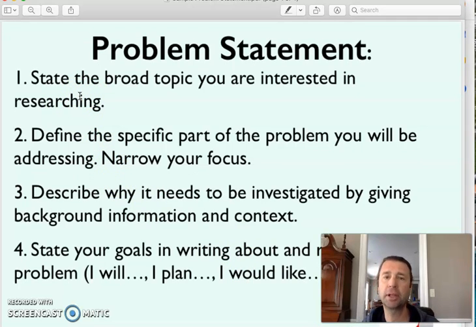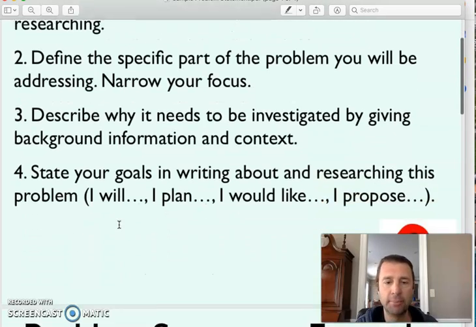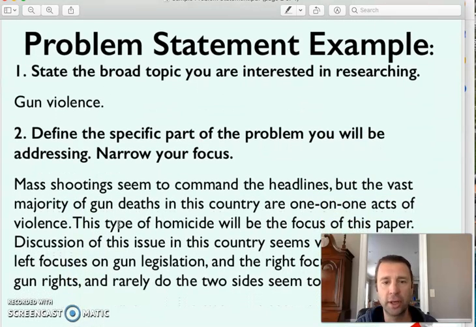This is really typically something you would do at a university, or anybody embarking on a big research project writes a statement like this. So you state the broad topic that you're researching, and then you get down to your level of focus. Why is it important, and then what are your goals in writing? So that you're fleshing out the statement of the problem as you see it, along with the focus that you have. This doesn't have to be real long. A few sentences is fine, but it'll really help ground you in what it is you're trying to do here.